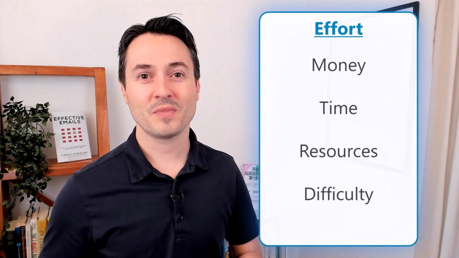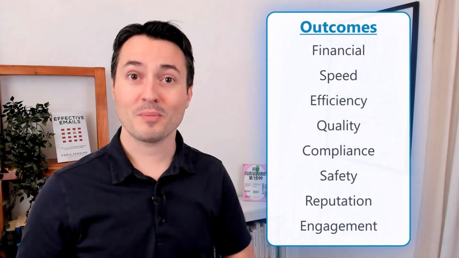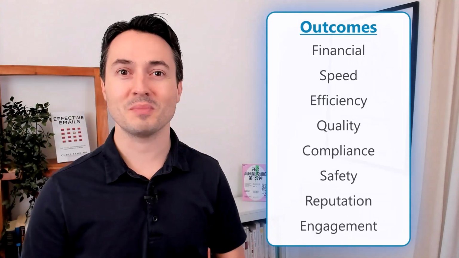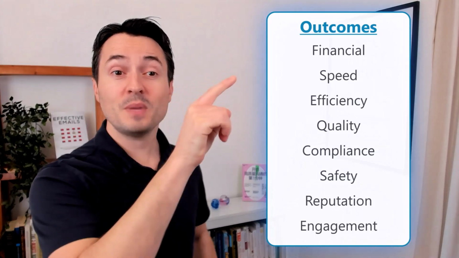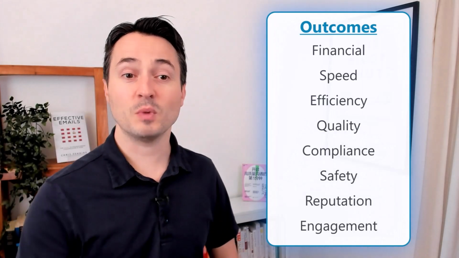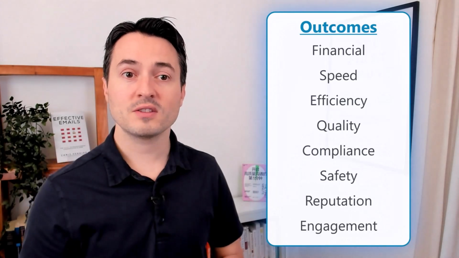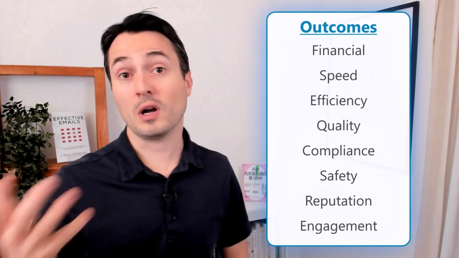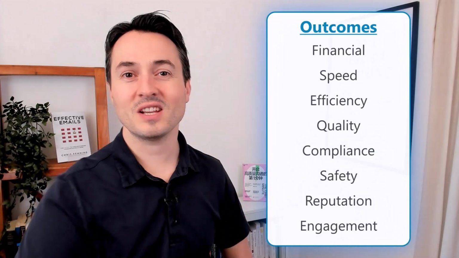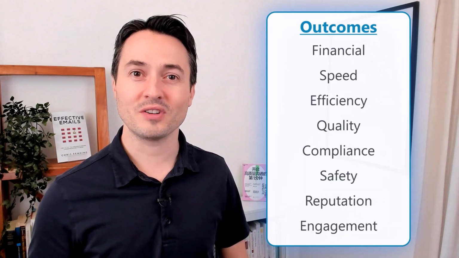Likewise, for outcomes, the things we care about are financial outcomes. It's about the money in business, and it's about the money for us personally when we're at work. Is our salary going up or down? Is there more or less money for projects? Then speed, is that changing? Efficiency, quality, compliance, safety, reputation, and engagement. Now these could be staff engagement, customer engagement. There are different ways to interpret these, but if you can define the impact to a client, to a user, to a system, to the business, you should be able to define whatever is changing in one of these categories, and that will make sense to a non-expert audience.